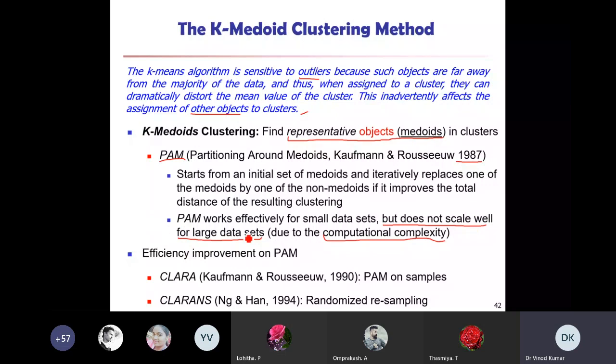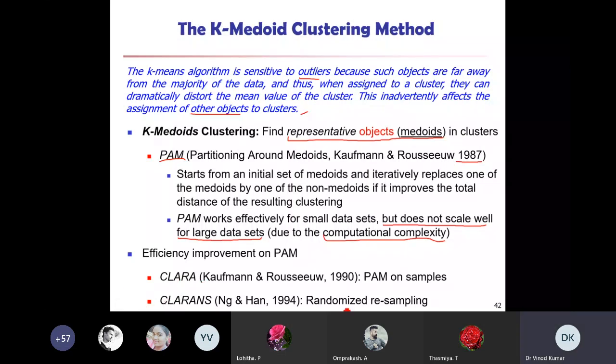Even then, in some respects it is good compared to the k-means algorithm. The next one is CLARA, which also comes under the partitioning algorithms.